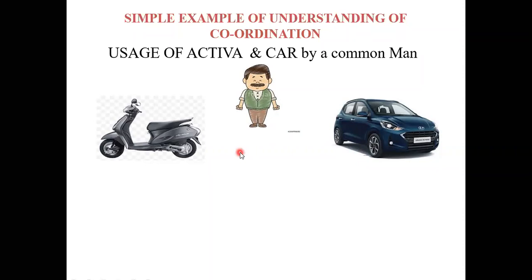For example, let's consider you have a two-wheeler and a four-wheeler. Accidentally a repair is needed on the four-wheeler. Then what will you do? It is an emergency case. Basically, you will use this Activa. Similarly, if a repair is needed on the Activa, you may pick up the car. So you have alternative sources when you have an Activa and at the same time a car. This is nothing but the third point, the alternative source.